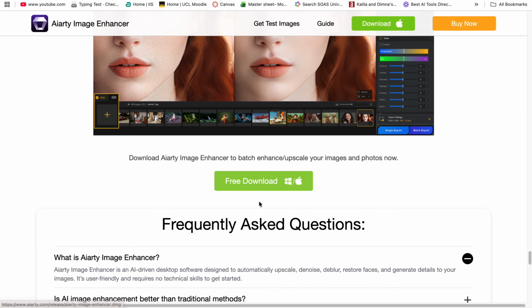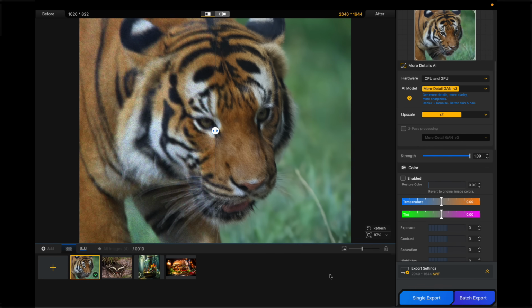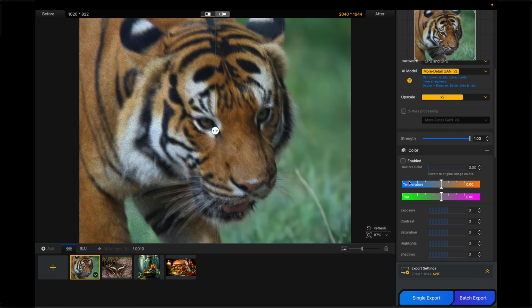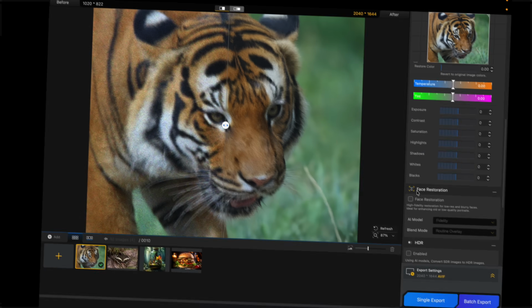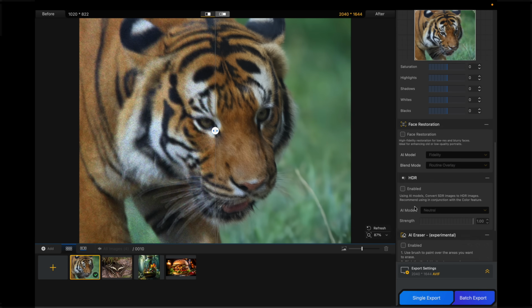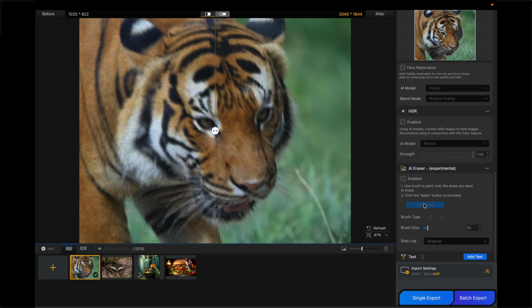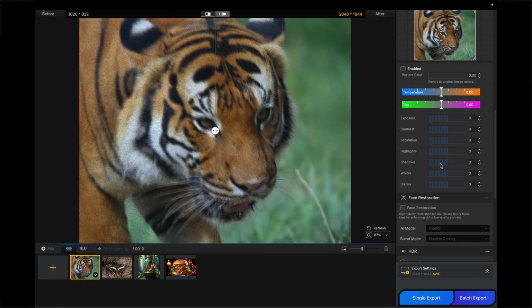Now let's install the application and open it. This is the interface. Here we see some existing images in the application. Here we have the hardware as CPU and GPU. In the models we have these options. As discussed above, we will choose the model depending on our image type. Here we have the option of upscale. I usually keep it at 2K for better results. Then we have the color feature, which means that our old photos can be colorized using Aiarty. We have the option of facial restoration here. Then we have HDR option as well. And after that, we have the AI eraser, and finally, we have the option to add text to our image